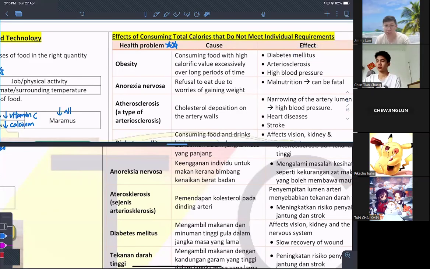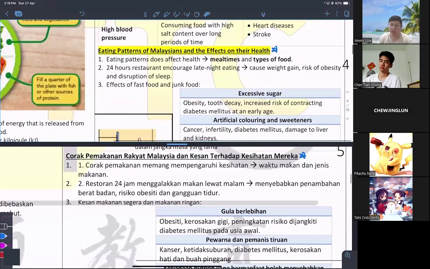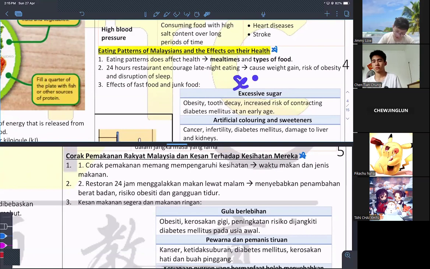Okay, the question will ask in this way. Here they ask you in Bahagian B. So just read through. If the question asks you about the eating pattern, also just roughly go through it a little bit, because this one will come in Section C, the optional question. You have to choose one between two.